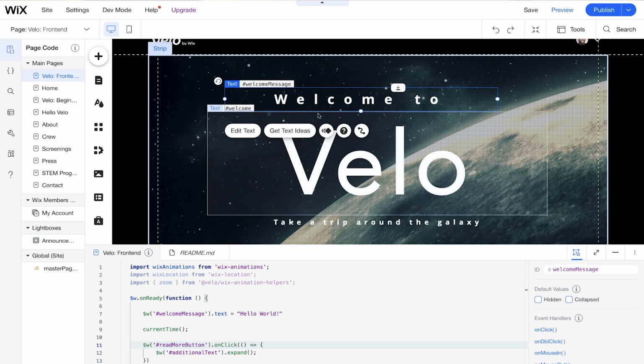In our last lesson, we went into a lot of detail about just getting the basics of Velo. So we had a basic hello world example where we just had our text appear and we clicked a button and made some text change. So now we're going to go into more detail about $W and some more situations that you'll be getting into along the way. So let's get back to the editor and check this out.